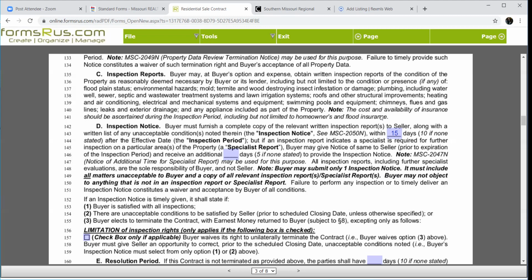So you need to be real mindful of this time period too, because if we've got that inspector that happens to be behind or had to shut down for a week or whatever, and we're getting the report back on the morning of the 15th day, I might make a call and say, hey, we need to extend our inspection notice period because I don't want to be in default. Because as of tomorrow or midnight tonight, my buyer's essentially saying we'll take the property as is if I have not submitted an inspection notice. So be mindful of that time period because I've had to clean one of those up in the past week as well.